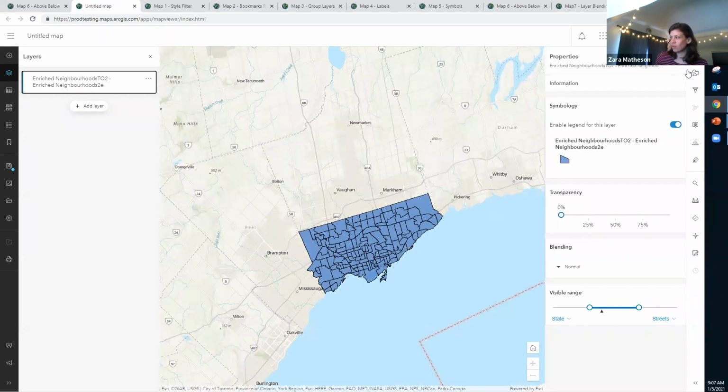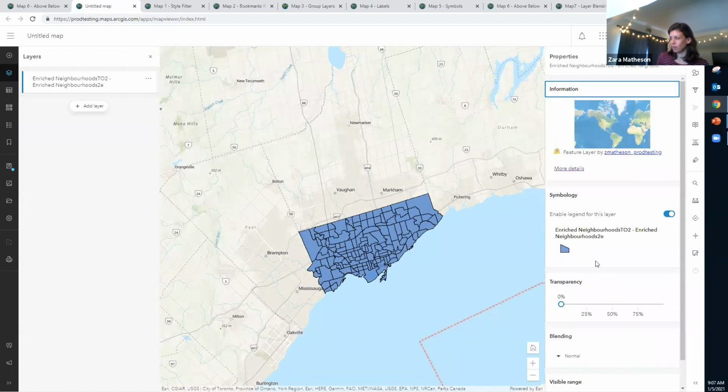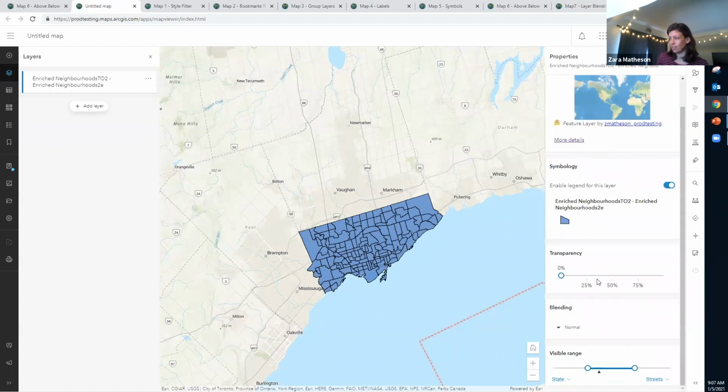So to access most of the tools on the right, you can simply click on the layer in the layer list, and it'll open this properties toolbar here, which shows you information about the layer, the default symbology and legend. It lets you adjust things like transparency and the visible range. When you click on the layer in the layer list, that also opens up these tools, including styles, filter, clustering